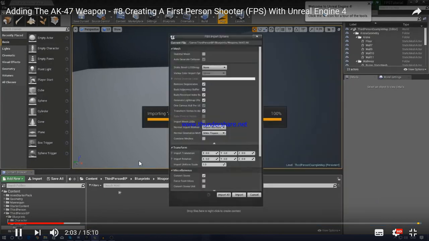Into your scene just like that, and then we need to make sure this is imported as a skeletal mesh,